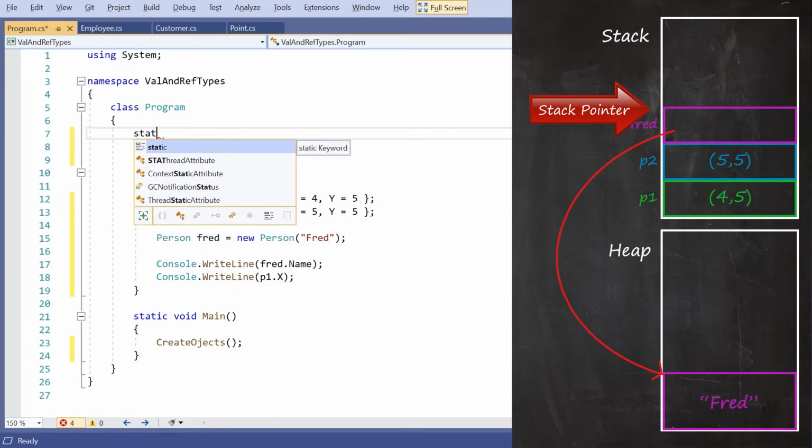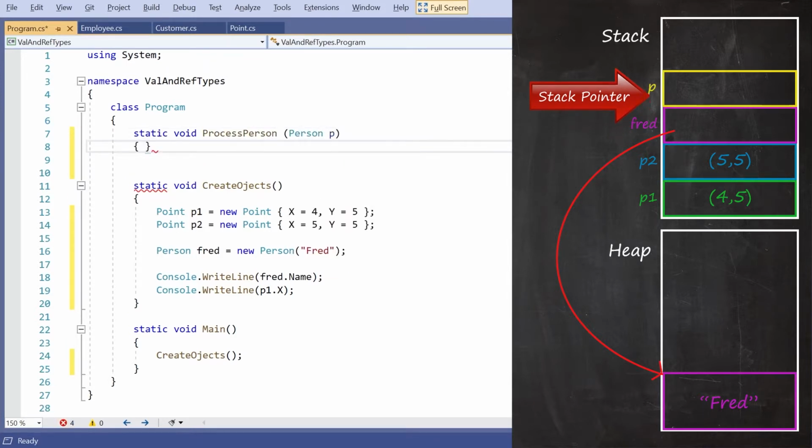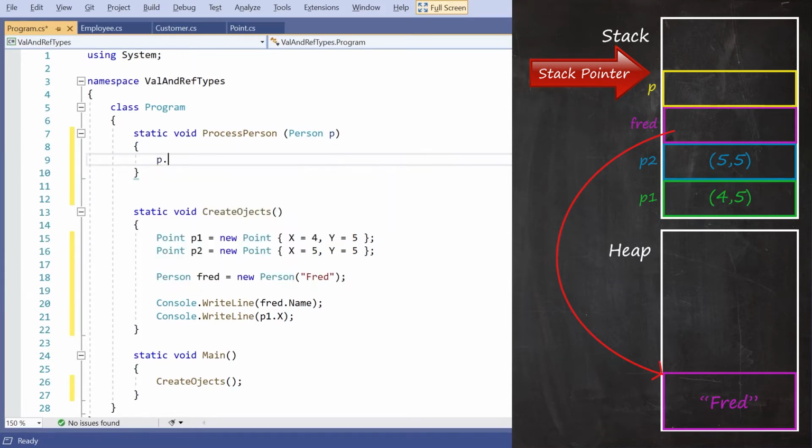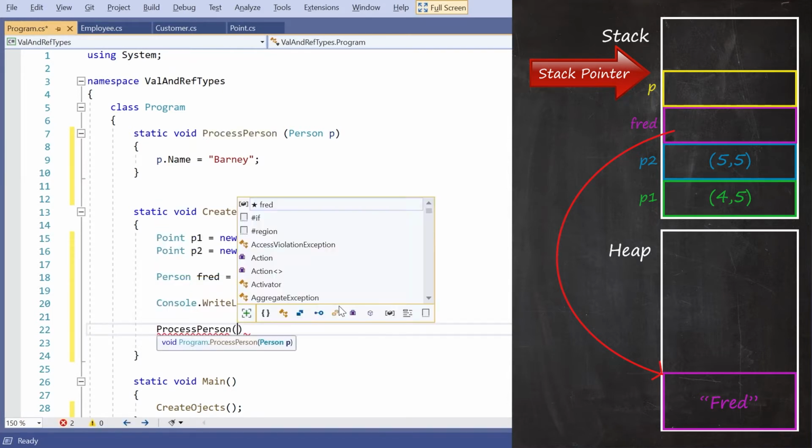Now, once we've got this idea established of the difference between value types and reference types, it has a number of implications, particularly when we're passing parameters and returning parameters. So, for example, if I just had a function here, so we'll just have a static void ProcessPerson that takes a person P, so that's a reference type, and then all we're doing here is say p.Name equals Barney, and then out here, let's just get rid of that to keep things tidy, and so we create Fred, write the name, but if we then say ProcessPerson passing in Fred,